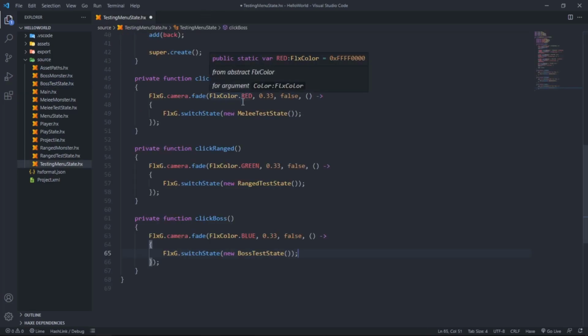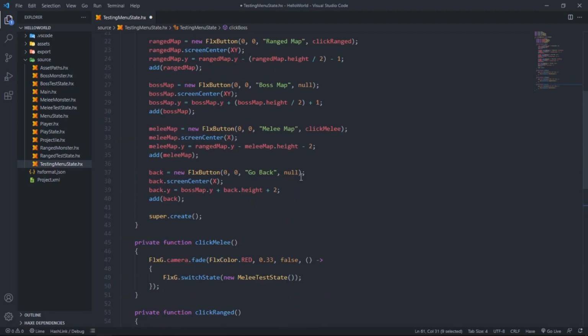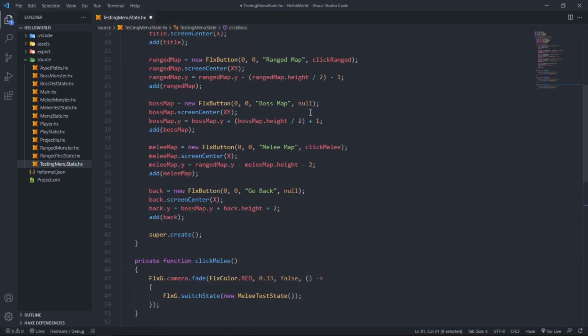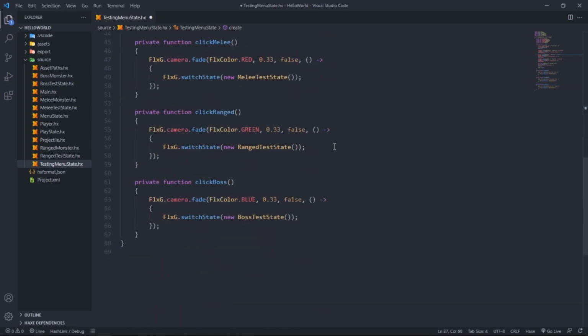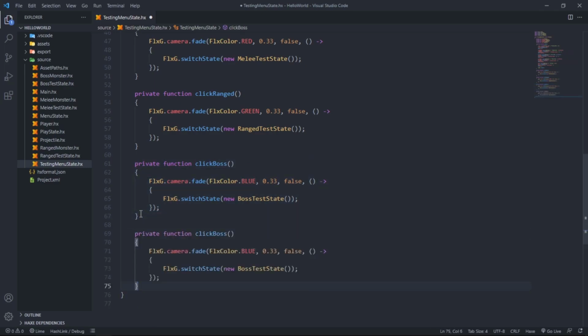Awesome. So we can just click the clickBoss, on the boss button, not on the back. And now finally we can just Ctrl+C, Ctrl+V. So this is going to be click back,